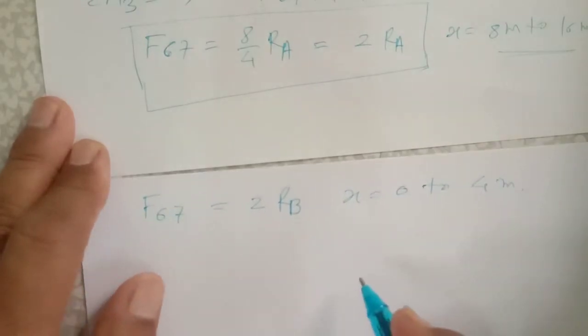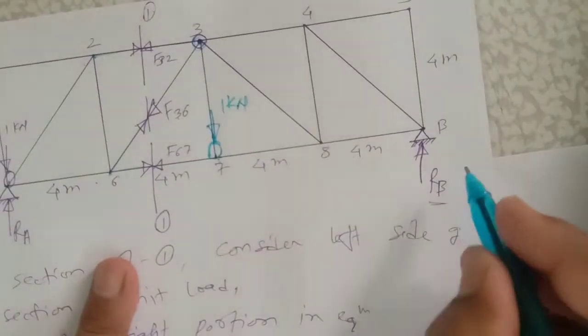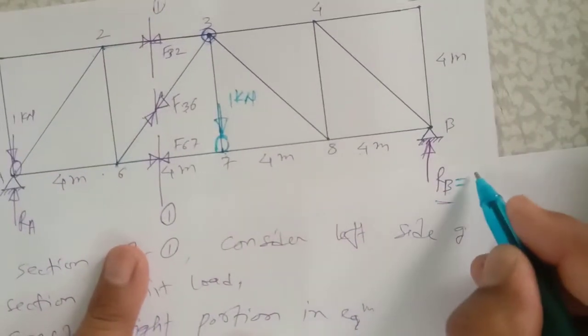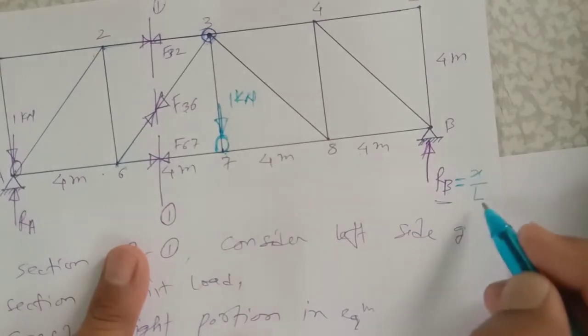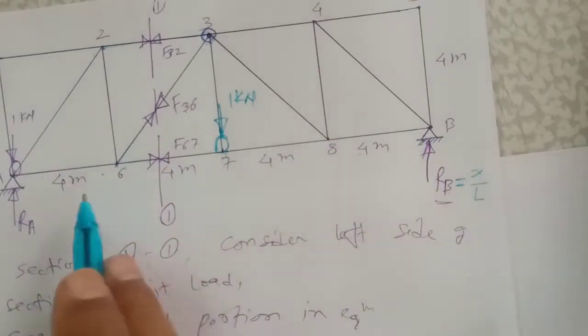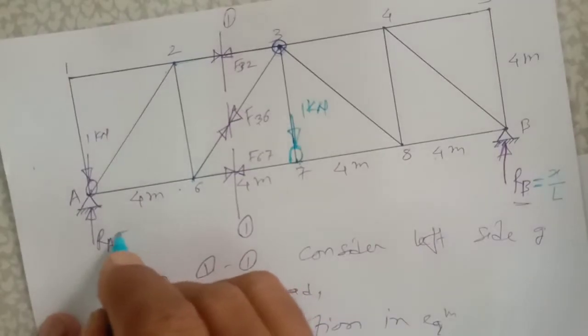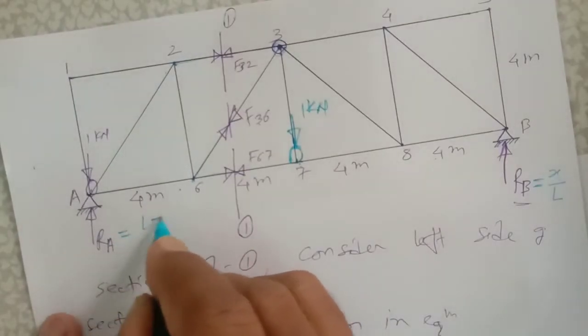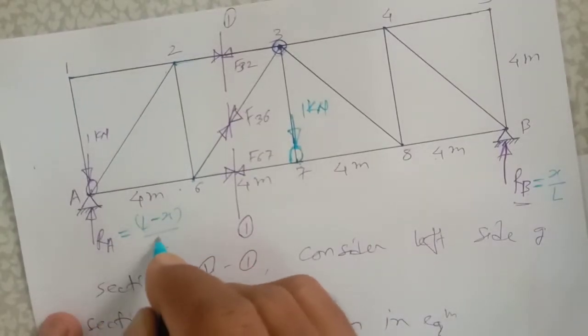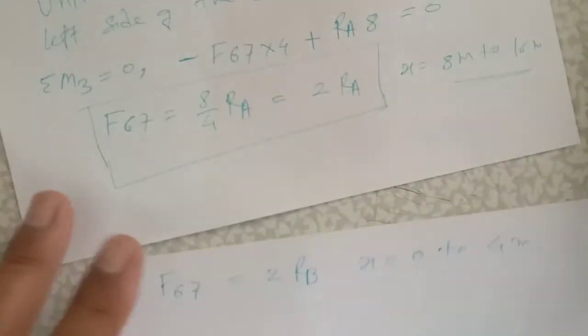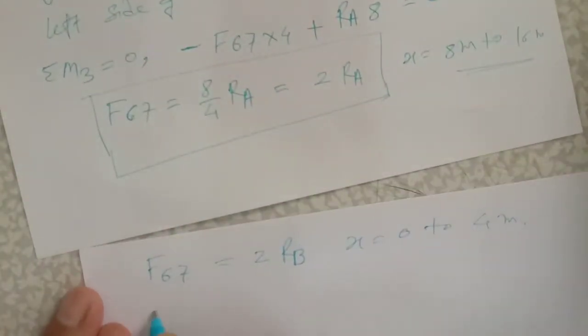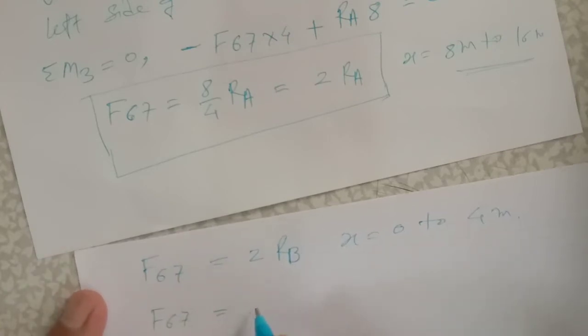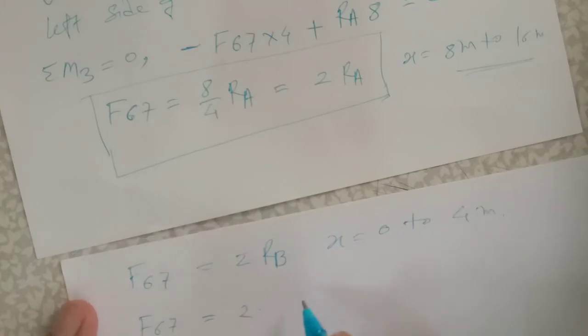What is the value of RB? We know that. What is RB? If there is a point load, that's why it is X divided by L. L is the total length of the truss. And RA is equal to L minus X divided by L. This is the formula. Okay. Therefore, put the value here. We get RB is equal to X by L. So, force in member 6, 7 is equal to 2 times of RB,